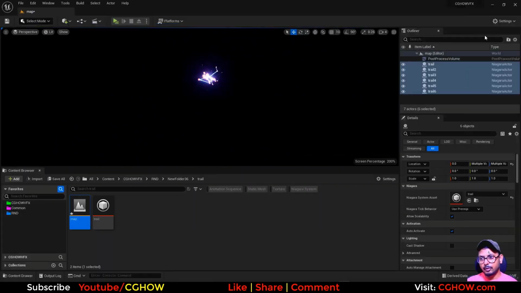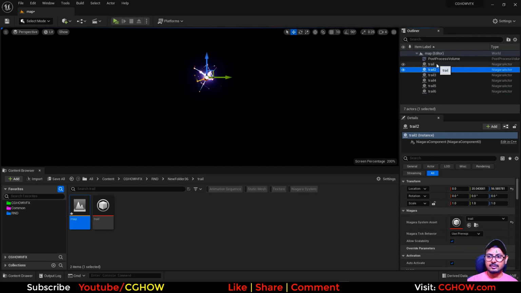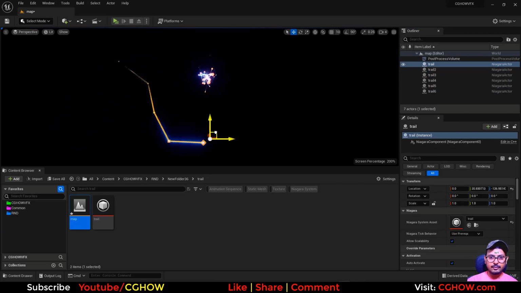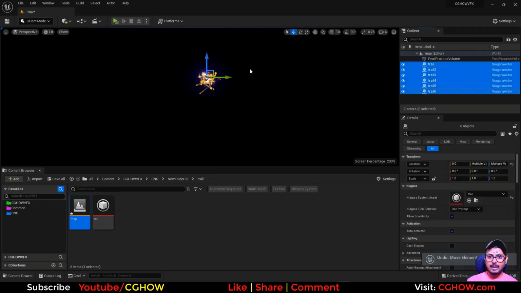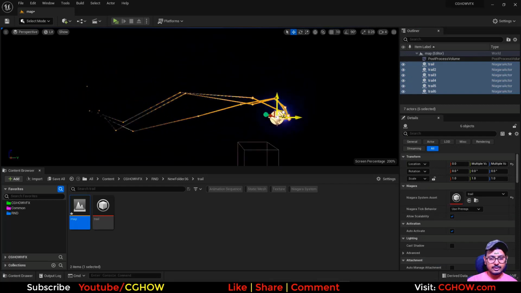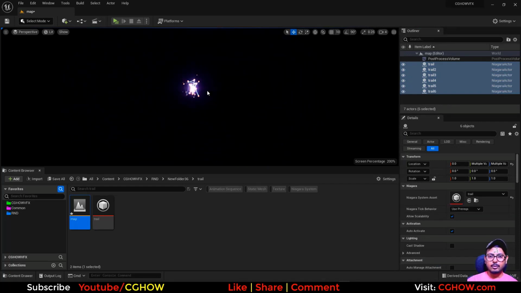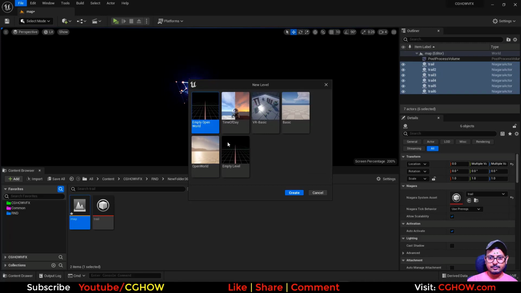Okay, so if I show you, I have 6 systems here duplicated, because if I just move the one, you can see in one I have just one trail, but for the randomness I'm duplicating these and using these as multiple. And you can do that also in your system if you don't want to duplicate in the viewport. I'll show you how. So let's create a new map